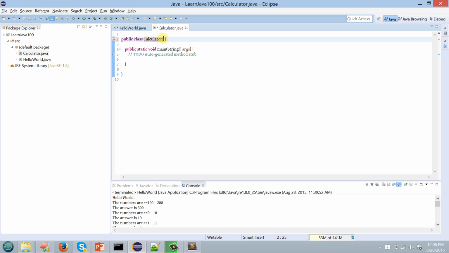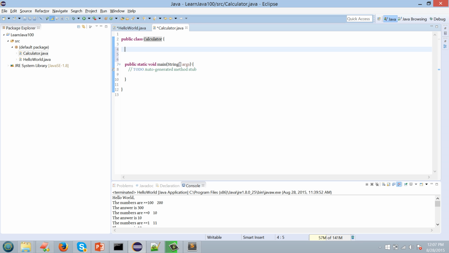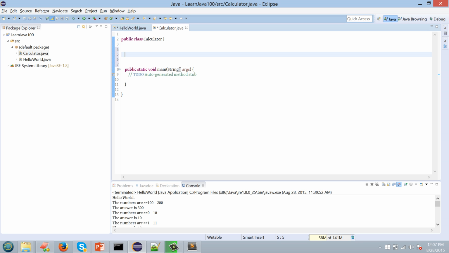So this is done. Now our target is to make a calculator program, right? So how does the calculator work? We'll have add, subtract, multiply, and division functions. In that, I'm going to have an add function. So int. What is the add function going to return? Integer. Add. What parameters is it going to take? It is going to take two numbers.